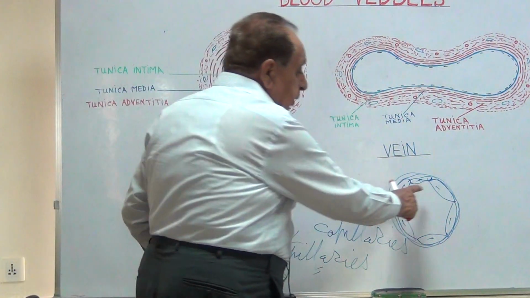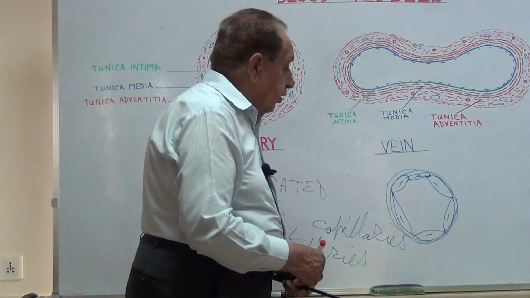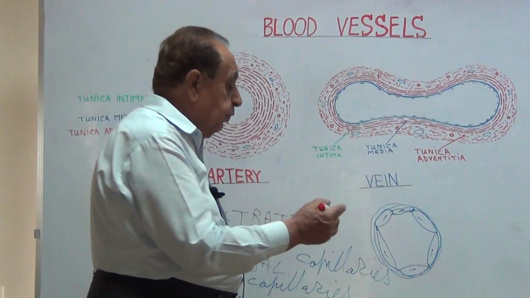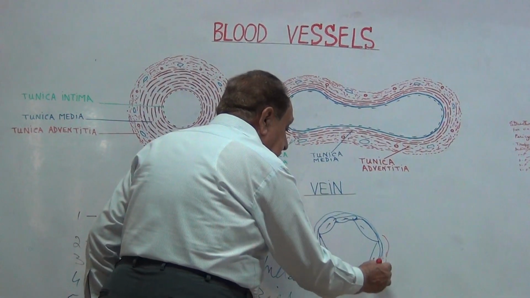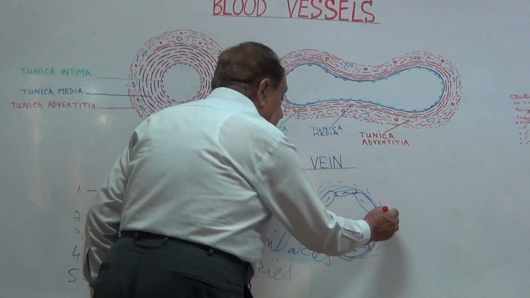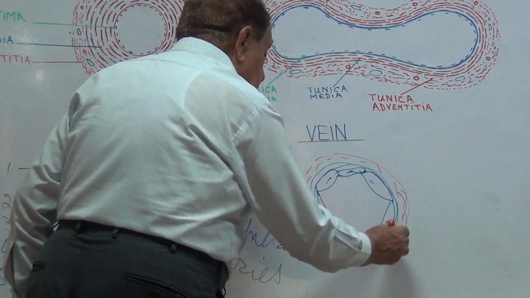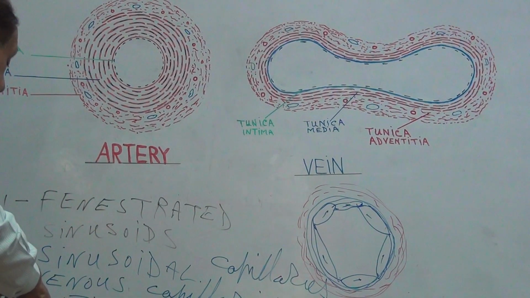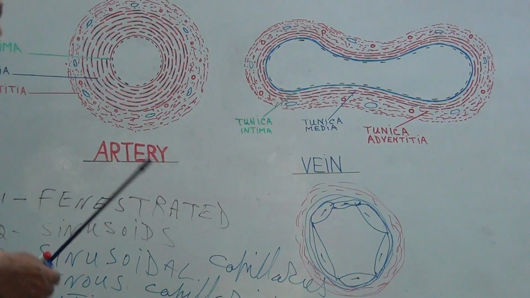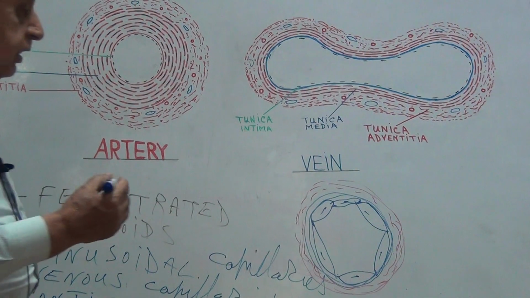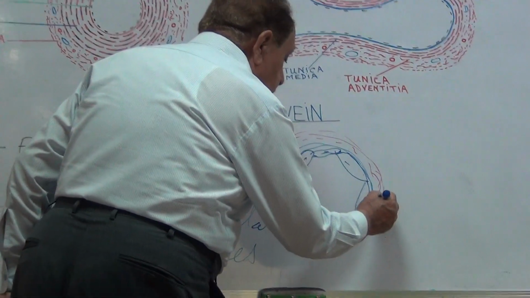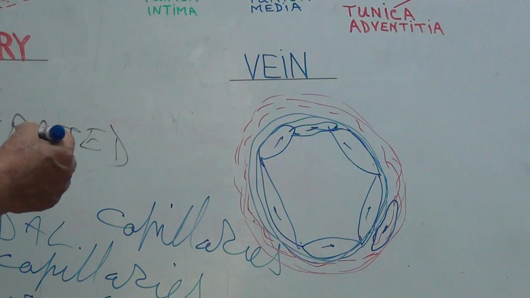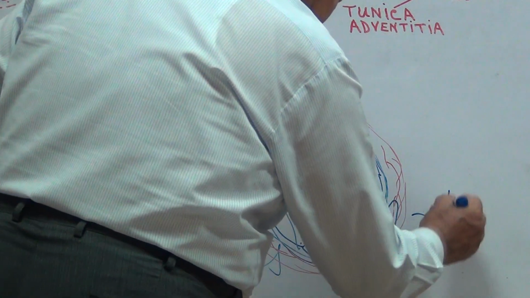The tunica intima contains the flattened squamous cells, also called the endothelium. Then outer to that is a thin layer of connective tissue, which is called the tunica adventitia. This tunica adventitia also contains undifferentiated cells, also flattened with elongated processes. They are called the pericytes.